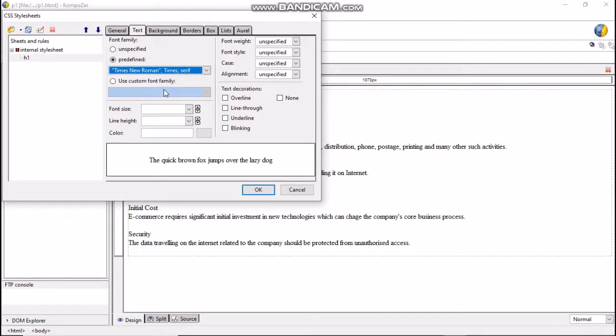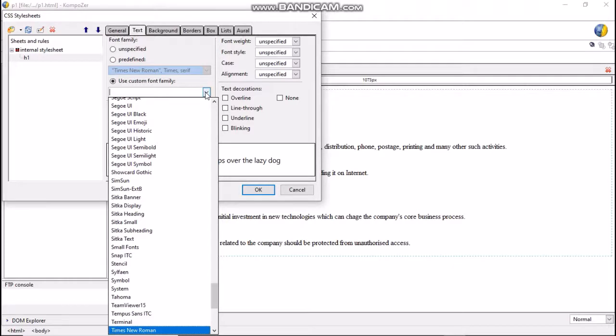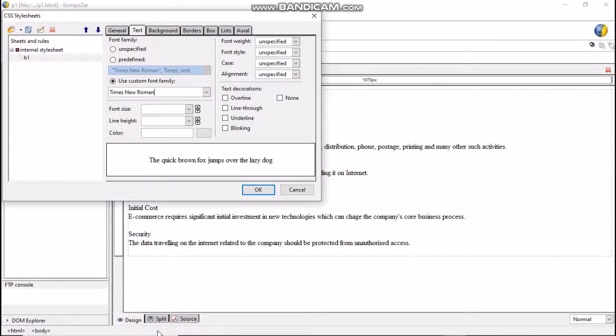Even from Use Custom Font Family, we can choose Times New Roman. Select Big Font Size since it is a heading. In the preview box, you can see the size of the heading.